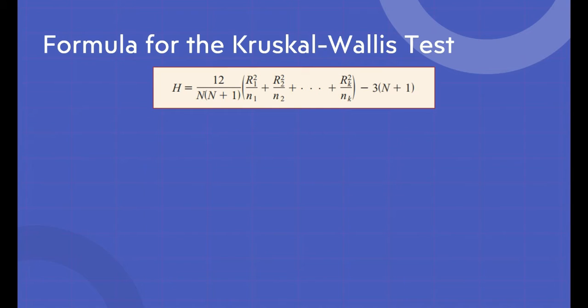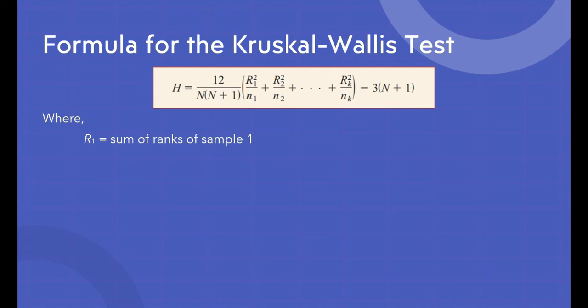Formula for the Kruskal-Wallis test. H is equal to 12 over N times quantity N plus 1, times quantity R sub 1 squared over n sub 1 plus R sub 2 squared over n sub 2 plus so on and so forth plus R sub k squared over n sub k, minus 3 times quantity N plus 1, where R sub